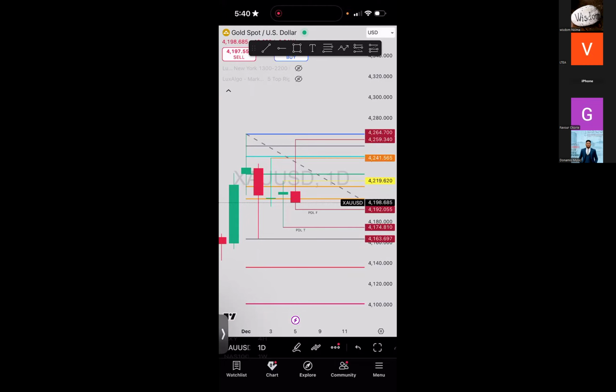Does that apply to how you take your trade? Because from this price action we are seeing here, this candle refused to close below this one, and this other one refused to close below this one. So does that apply to how you take your trade? That's the first question. So first of all, right,